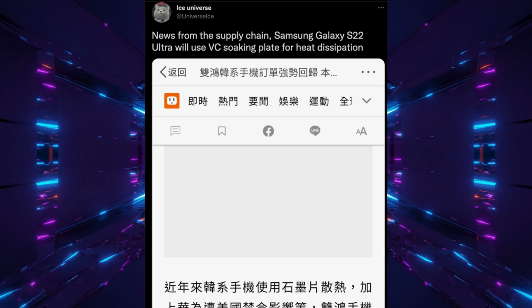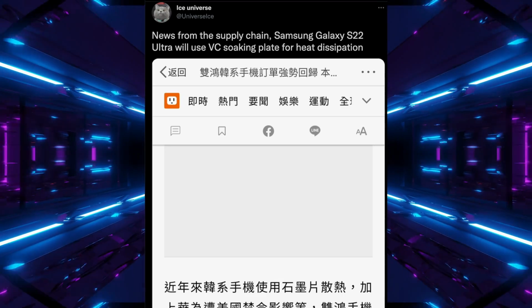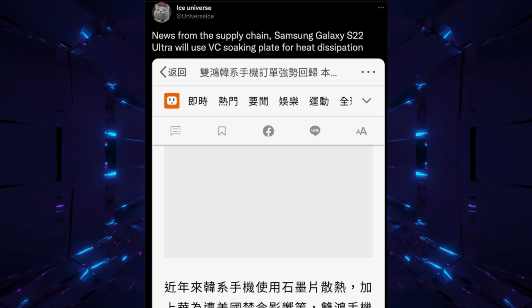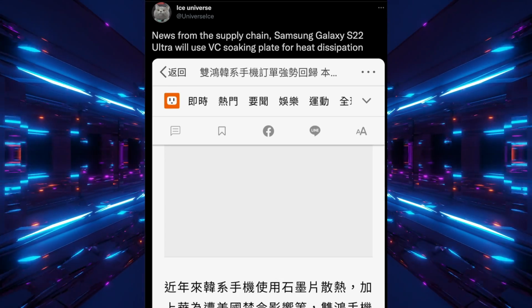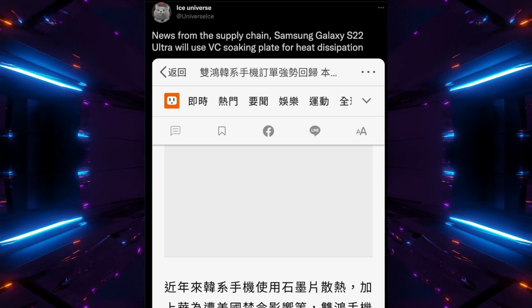As you can see from Ice Universe, news from the supply chain about the Galaxy S22 Ultra. It's going to use VC soaking plates for heat dissipation, which means they're going to use a vapor chamber cooling system on the S22 Ultra to keep all the heat regulated and keep it running at peak performance. This could be a very hot phone. I don't mean stolen. I mean like it could run pretty hot, and this vapor cooling system could hopefully smooth things out in the cooling department,